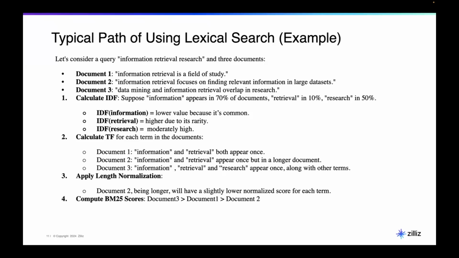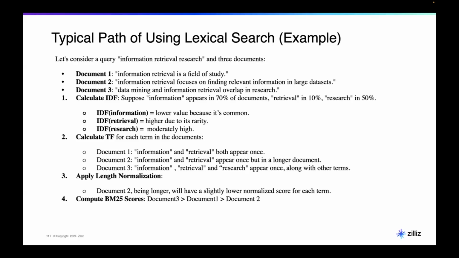First of all, because all 3 tokens, information retrieval research, show up in document 3, right? And what about document 1 and 2? Which one is going to be more relevant? The answer is document 1 is going to be more relevant than document 2. They both have information retrieval as keywords, so it's all there, but information shows up many more times, so it has less weight. Retrieval shows up fewer times, only 10% of your document has retrieval, so it becomes more important.